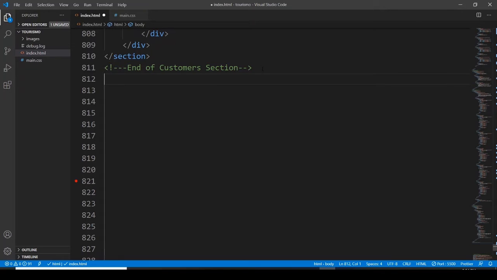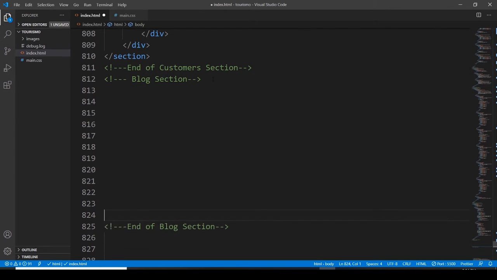So first of all, I would like to go with the comment. Let me copy this line, paste it here. I want to paste again, and let me remove this end off. But here and here it is going to be blog section,